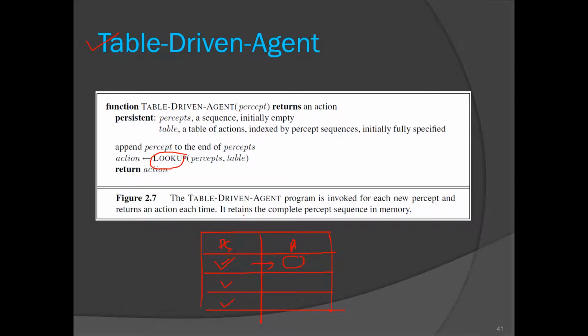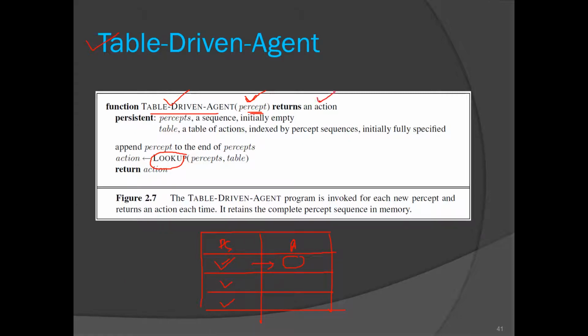The pseudocode for such an agent will look like this. We implement any agent with the help of a function. The function name is table driven agent, and the input parameter is the percept, and this function returns the action to be taken.